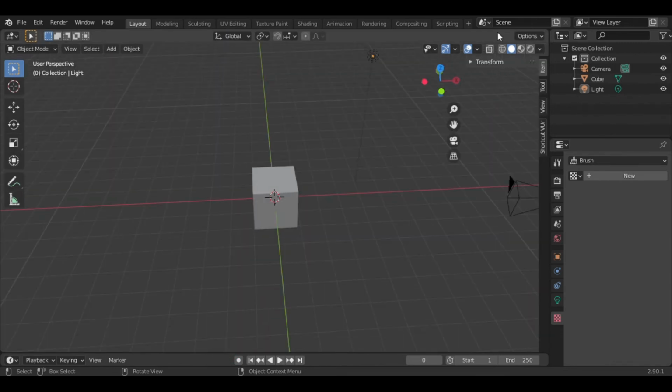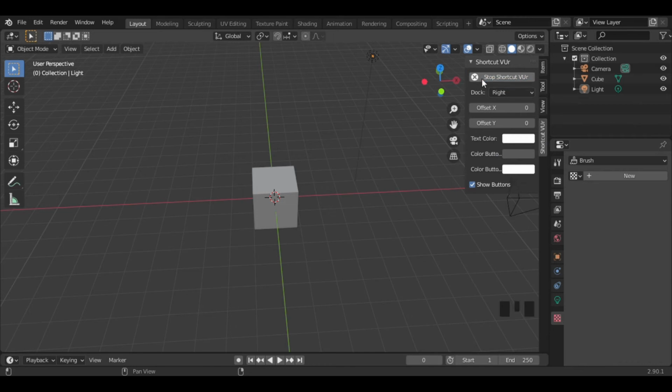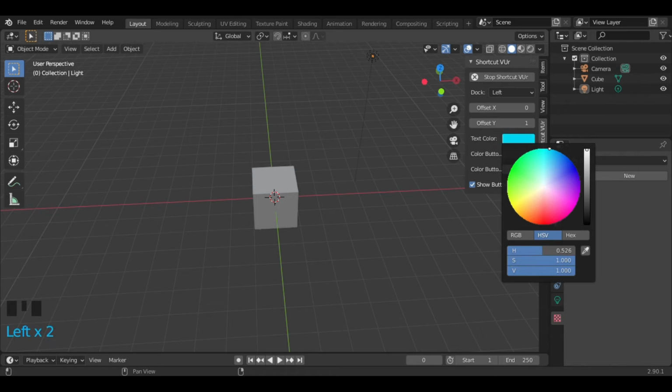So let's start with the basics. At the bottom left corner there will be the keys I will be pressing. To enable them you have to download a zip file from Google and install it on Blender. From this menu you can locate it anywhere you want on this screen, and you can also change the color and the size of the font.